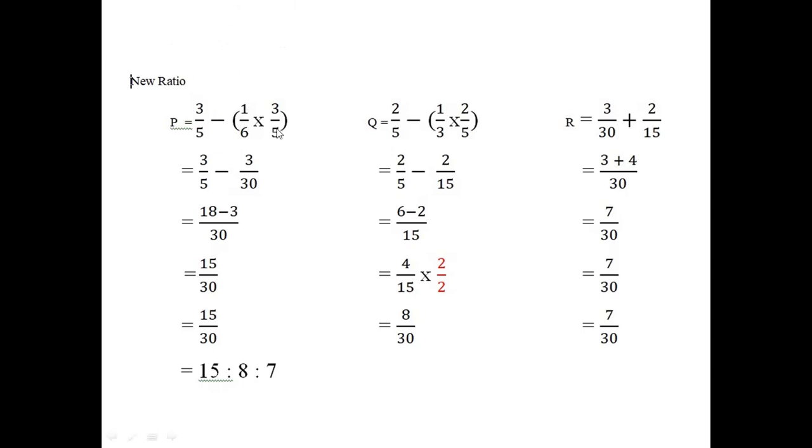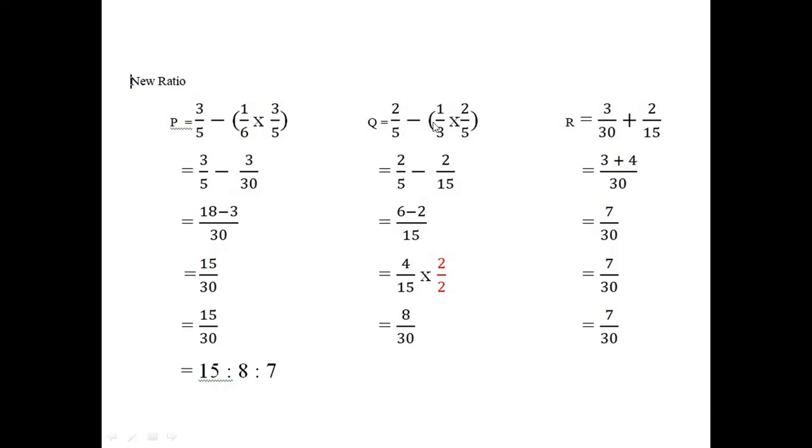So he is surrendering 1/6 of his share. Whenever he surrenders, it means subtraction or minus. So P will surrender 1/6. It is mentioned in the question, 1/6 of his share. In terms of board maths, "of" is actually multiplication. So multiplication sign and 3/5. From where are we getting this 3/5? 3/5 of his share, the share of P.